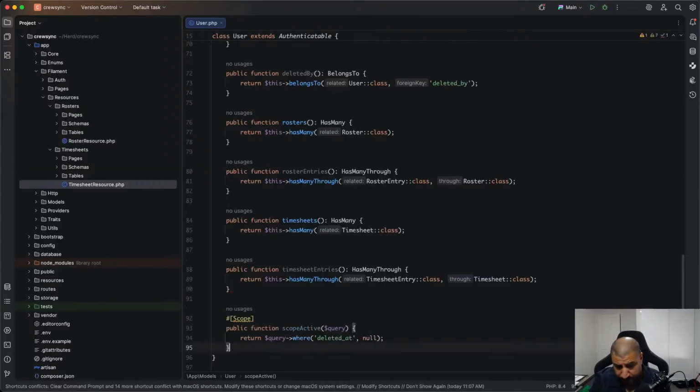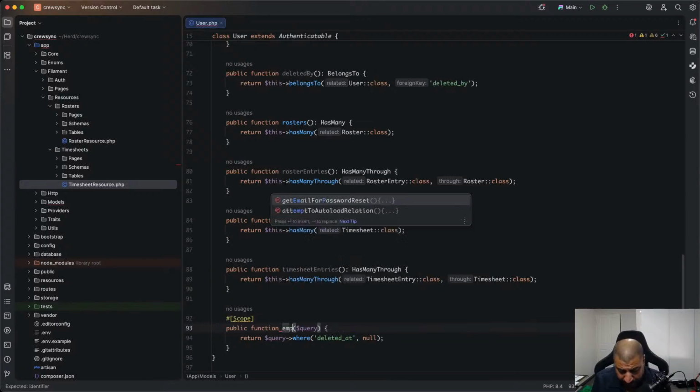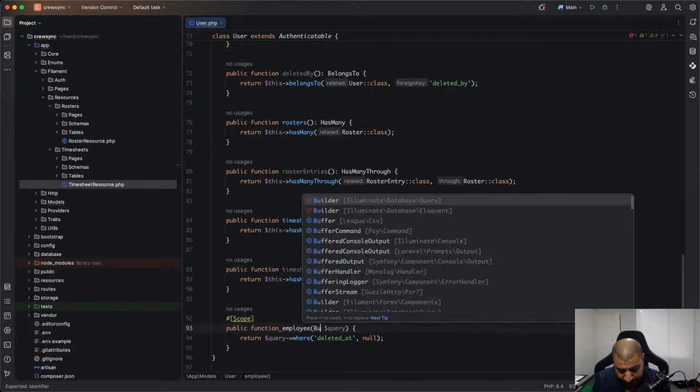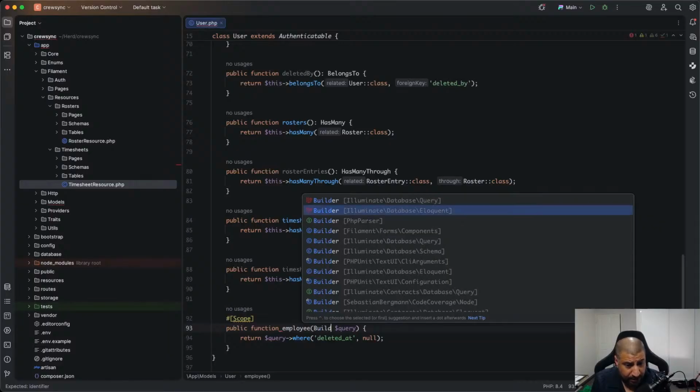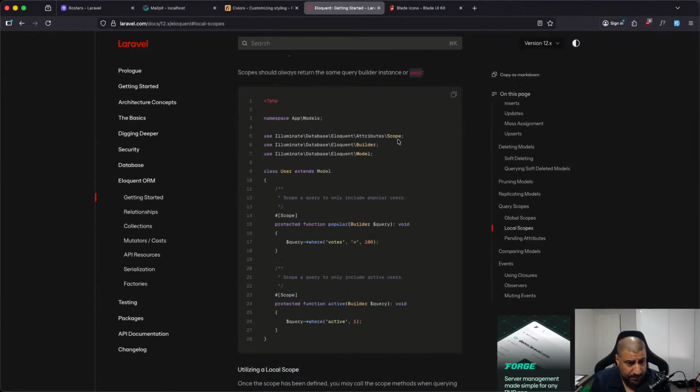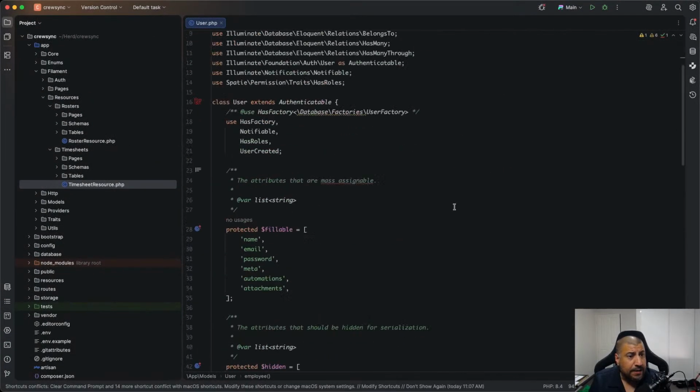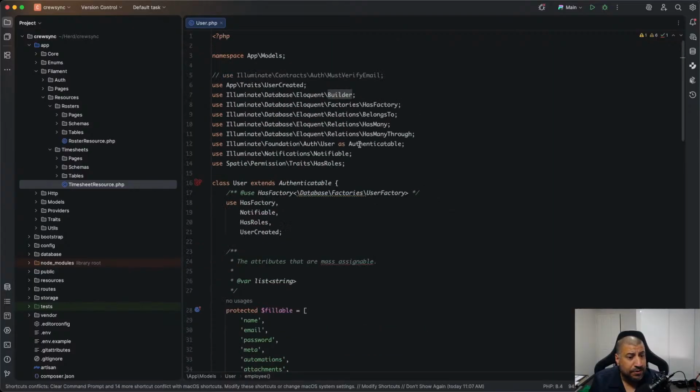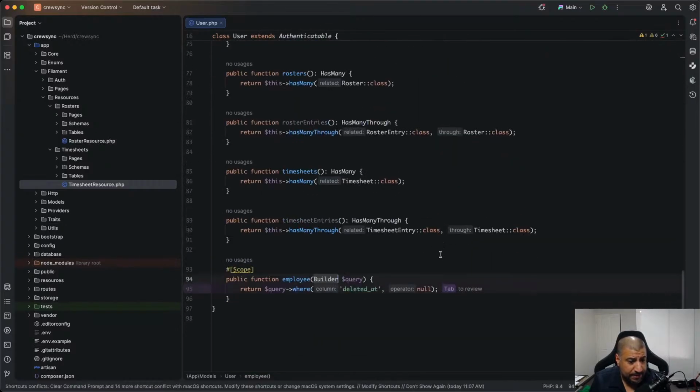A scope where it is an employee, and it is a database Eloquent builder. Let's make sure we imported the correct Eloquent builder. Yep. And the scope attribute also needs to be imported. Now return query, and I need to use